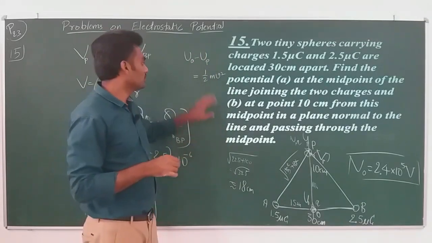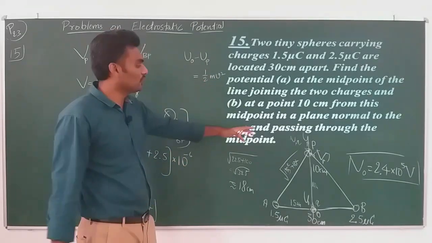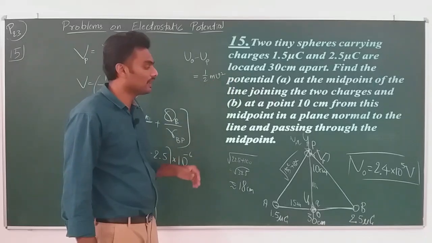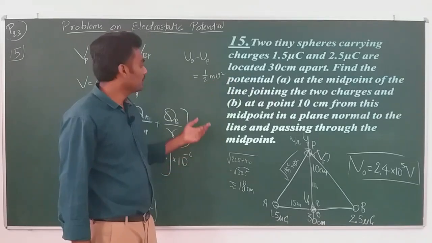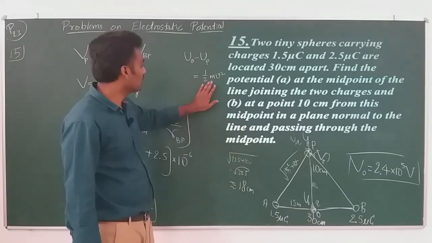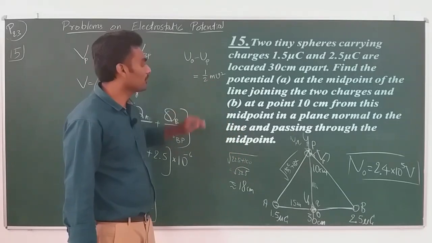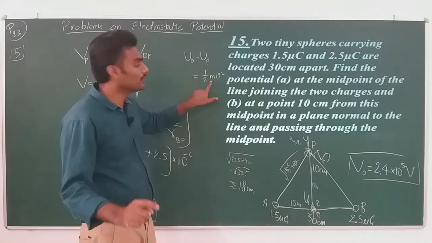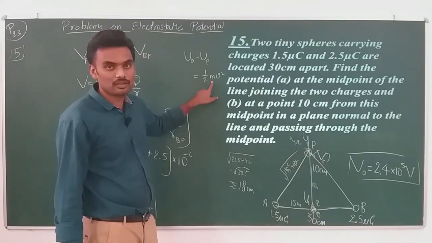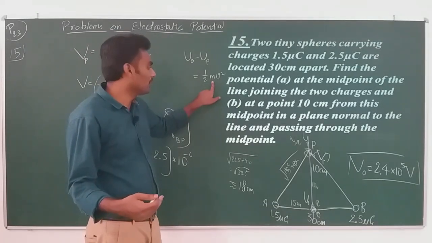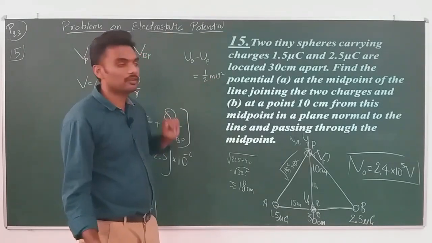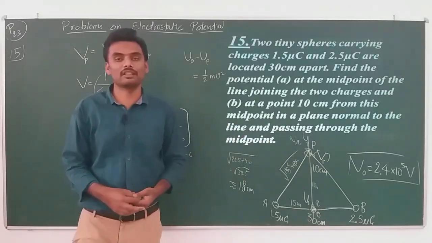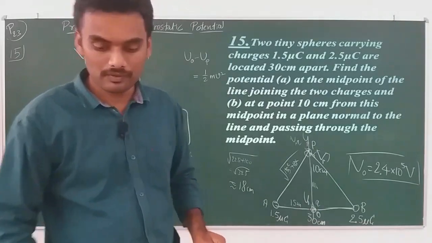Following? Because energy has to be conserved and there is no way to lose the energy, it is neither converting into heat nor any other form. So it is the loss of potential energy which has given rise to this kinetic energy, and hence you can get the velocity provided you have the mass of the charge. The mass will also be given, so that you can obtain the velocity at this point. Clear? This is how they can extend the questions. Clear on this?